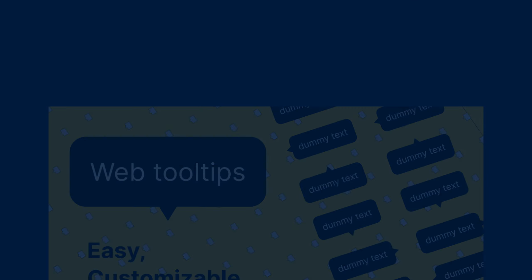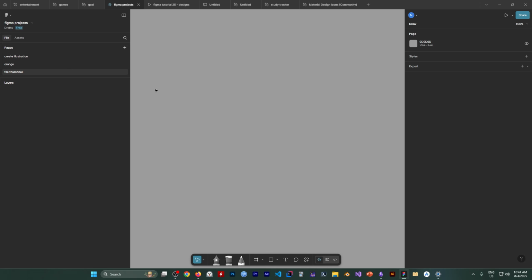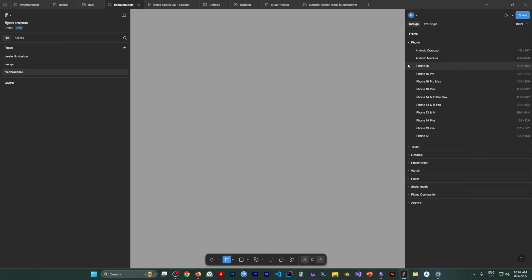to try to create the project in design a file thumbnail. So I'll be trying to create this using Figma. Okay, first I'm gonna create a frame, and then we're gonna continue from there. So we're in like these are like different modes. I'm gonna switch to design mode and select frame, and we get an option